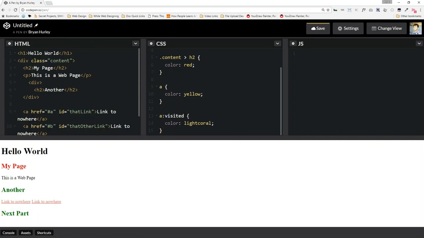Now there are loads of these kinds of things, loads of ways to select things in CSS. There's also another document up there, the 30 CSS selectors that you should memorize, because these are only 30 types of CSS selectors that you have an option to use. For example, I told you this here is the direct descendant. So it should be a child of content. Well, I can also have something like a